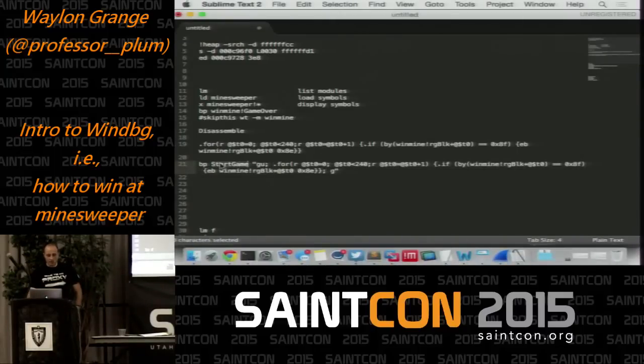I say, okay, breakpoint on start game function. Let this function run, because I can't mark the mines until the start game function actually sets the mines, right? So breakpoint, let this function return. Once that function returns, then clear all that memory, set the flags, and then go, let the program run. So we'll set this,